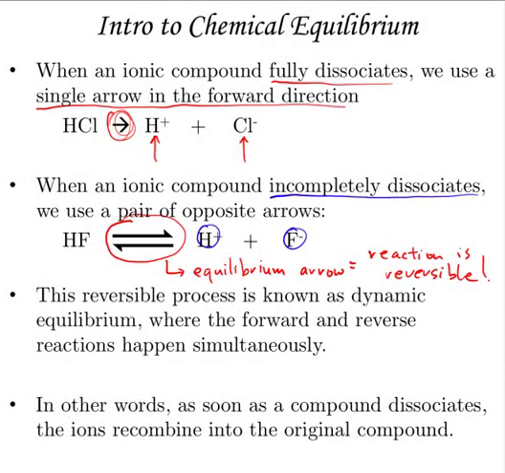So this is what we call dynamic equilibrium. That is, it's a constant process. It is not static whatsoever. And basically, both the forward and the reverse reactions happen simultaneously. In other words, as soon as a compound dissociates, the ions are going to recombine into the original compound. Again, you're going to call this an equilibrium arrow, and we're going to be using this quite heavily in the latter half of this general chemistry